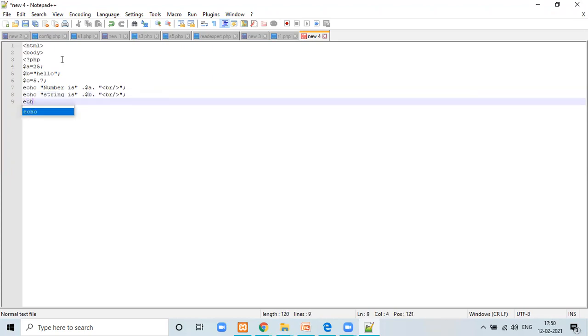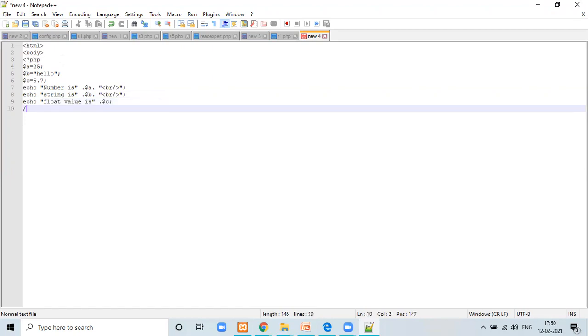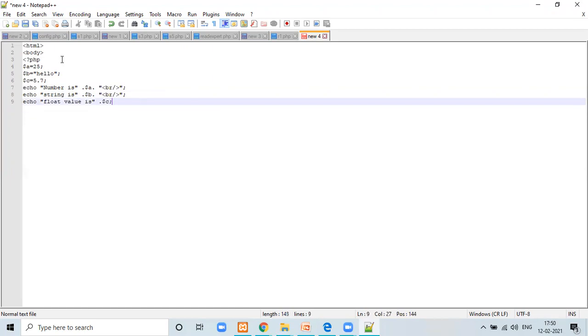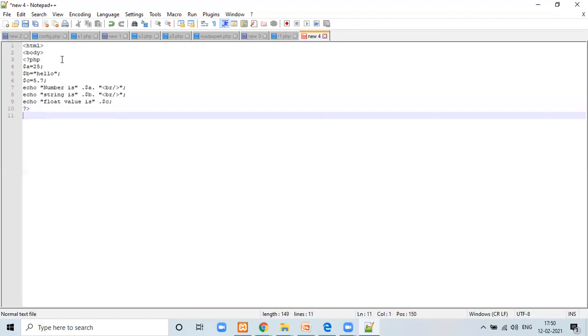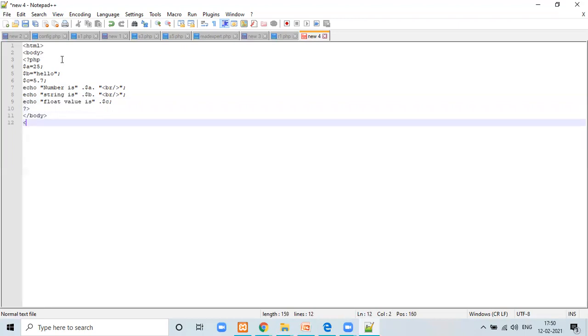Then finally, we are going to print the value of the float. Our PHP tag will end with a question mark followed by an angle bracket, and then our code will close with the body tag, then HTML. That's it.